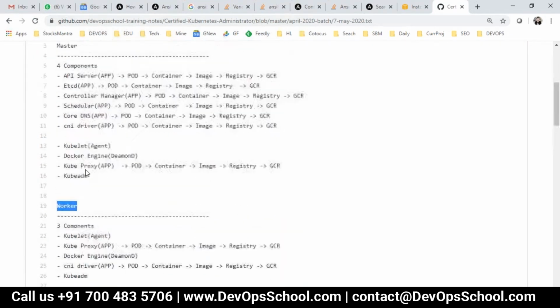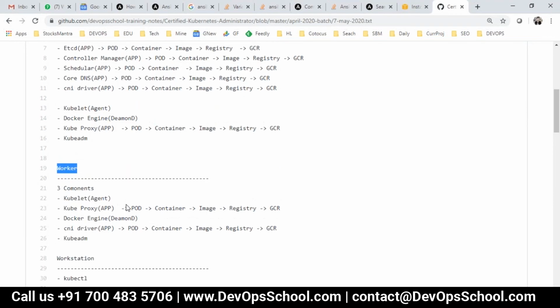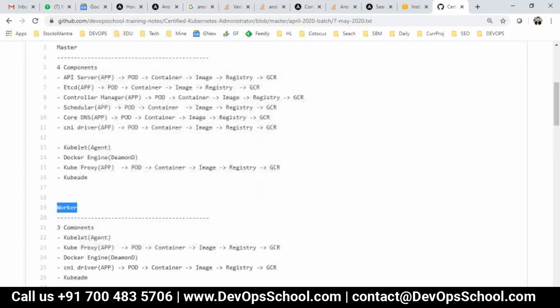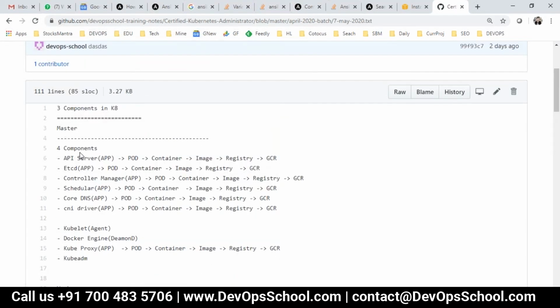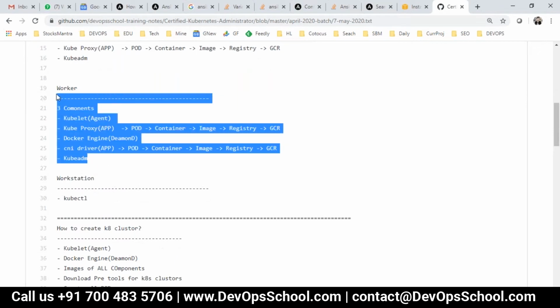Now the question is, what would make a worker eligible? That means which machine can be called a worker, right? So here you see, this is the master and this is the worker. Okay, am I talking wrong? Is it the right statement?